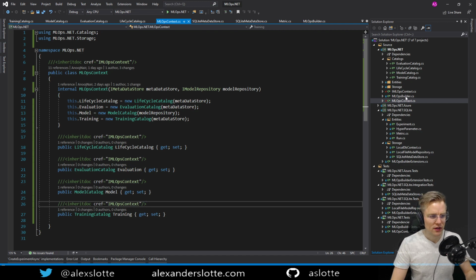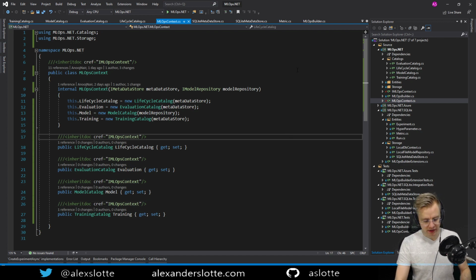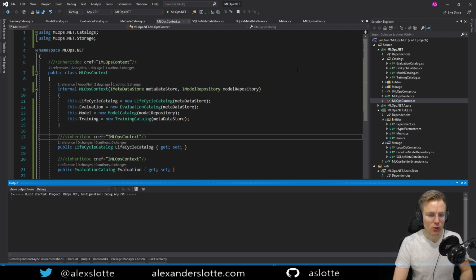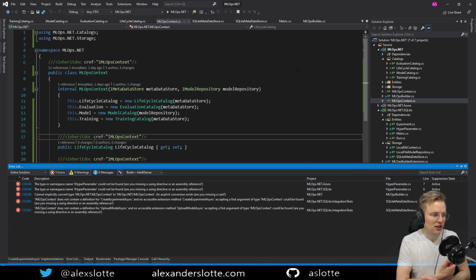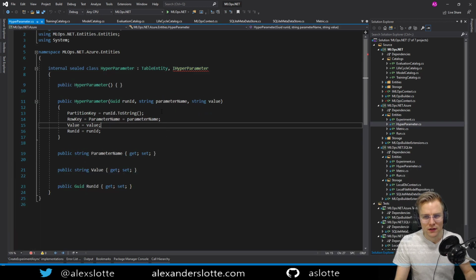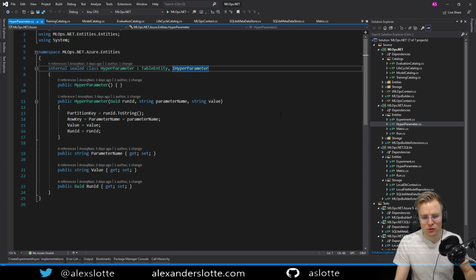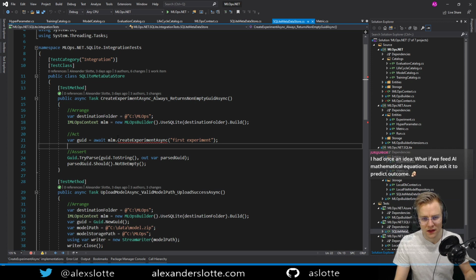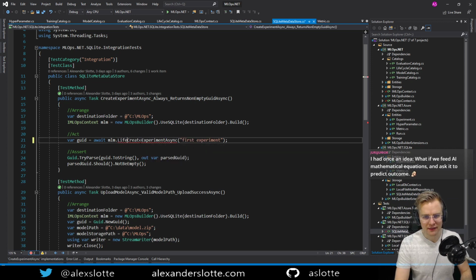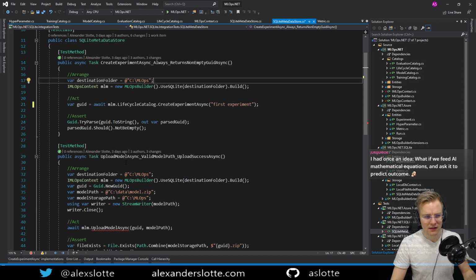So now I want to make sure that things are building, because especially our unit test should be failing now, because we need to probably re-navigate things here to a better place. So let's make sure the build works, and then we'll check our unit test to see how that goes. Yep, we are missing. Well, that should actually be working. That's not the issue. This is the issue. Okay. So in this case, it will be on the lifecycle manager instead here. Lifecycle catalog. And that's how we're going to access these things instead.